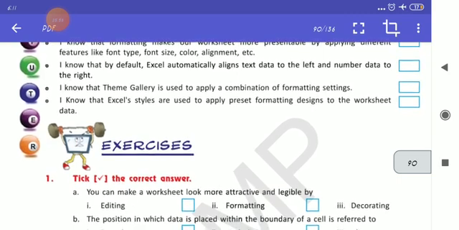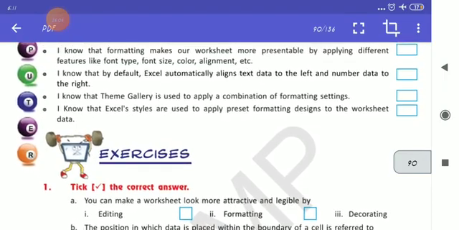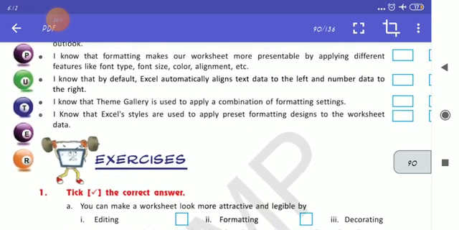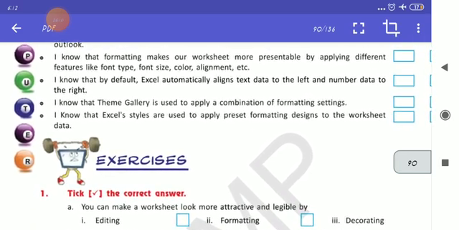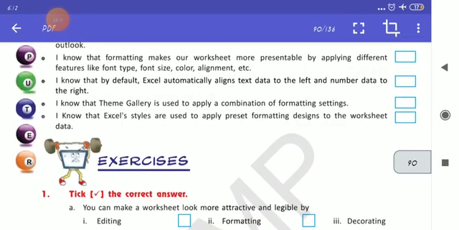So you can see that just now we have read that it will change the style of your table, style of your cell, color also you can change, font type you can change. So all these things you can do. You can align your text inside the cell, right, left, center.